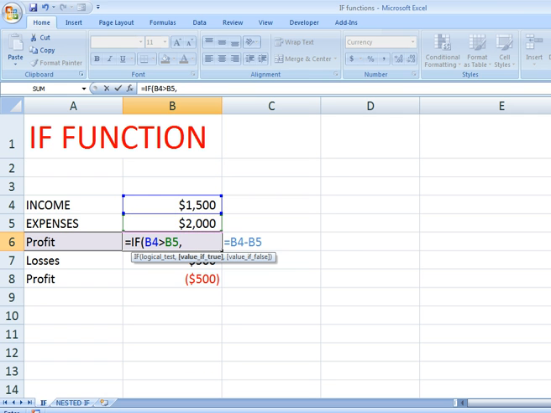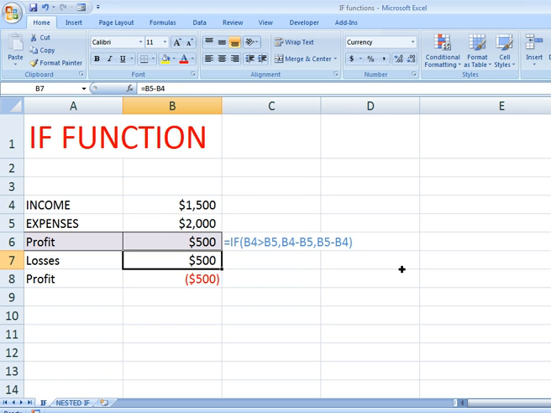I want income minus expenses. And if this condition is false, then expenses minus income. Press enter.